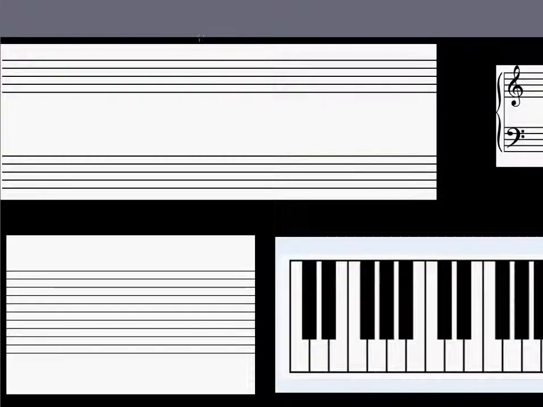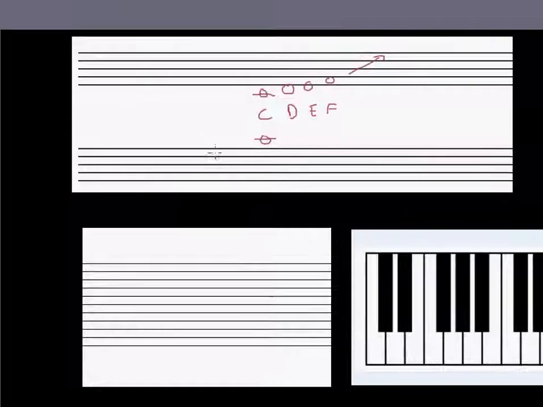Okay, so welcome back. In the last video, we looked at how the notes starting from middle C go line, space, all the way up: middle C, D, E, F. We know that this note here is also middle C. Let me just change colours. In this lesson, we're going to work out